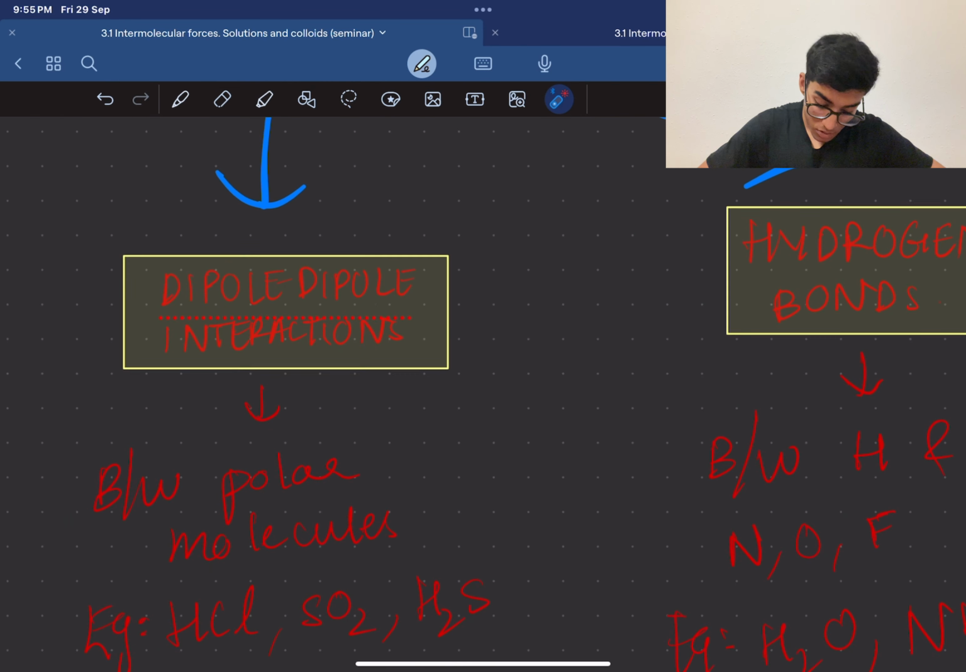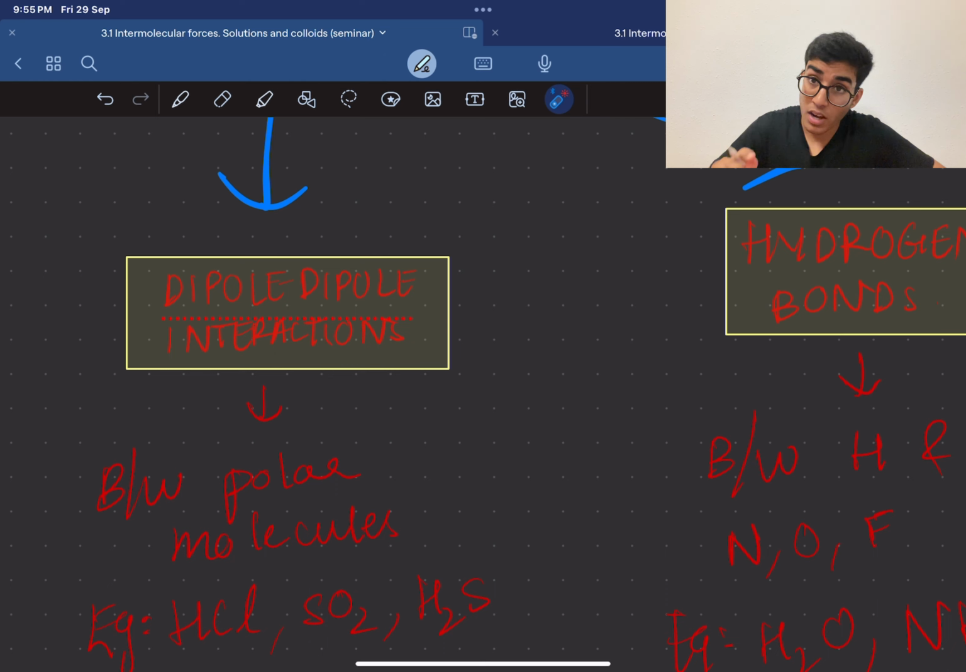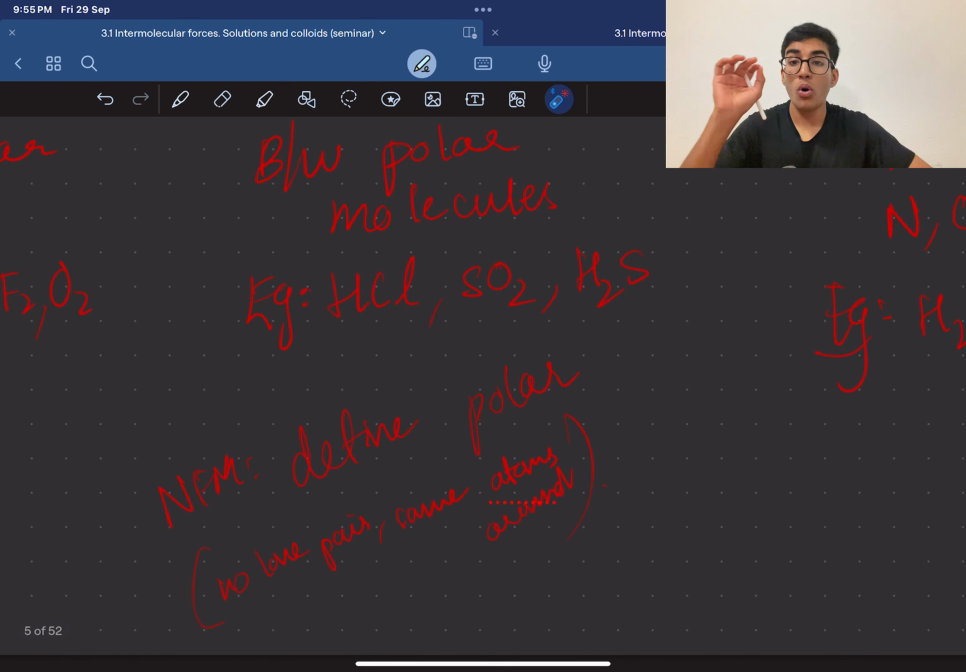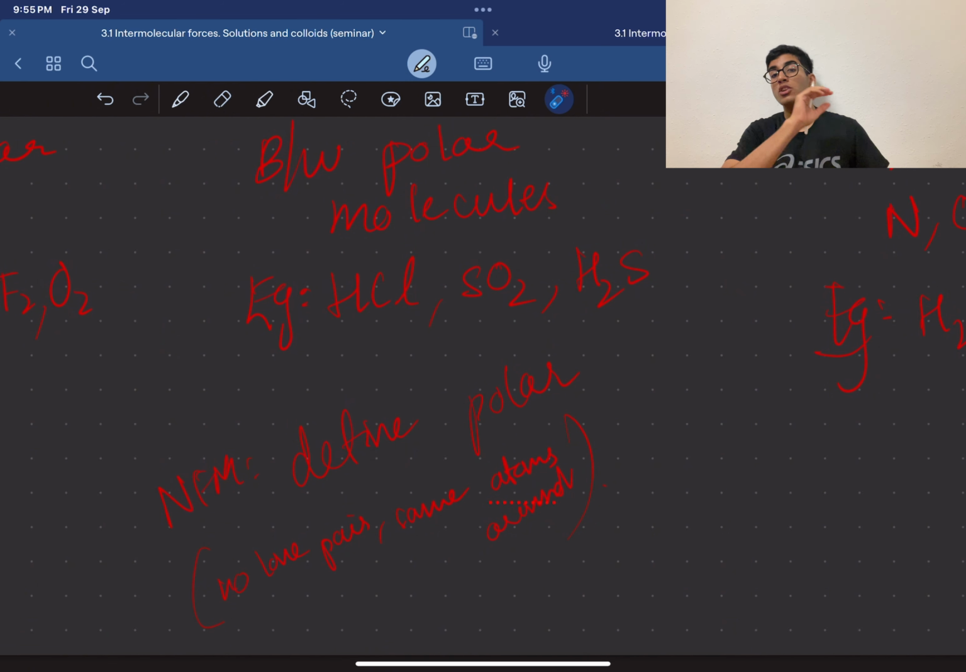Let me explain to you. There are two points to identify a molecule. They are no lone pairs: the central atom has no lone pairs, and the atoms surrounding the central atom are the same. Okay, so for example, let's say